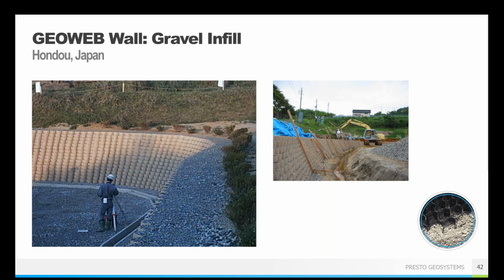So when you've got your recommendation and you bought all materials and you're out on site and you're like, okay, we're ready to get started, but we've never done this before, how do you help us? We can have a representative from Presto Geosystems on your site to help train and make sure that everybody is comfortable putting this type of system in the ground. So even new contractors or people who've never done this type of installation know what they're doing and feel comfortable that they're getting the right solution.